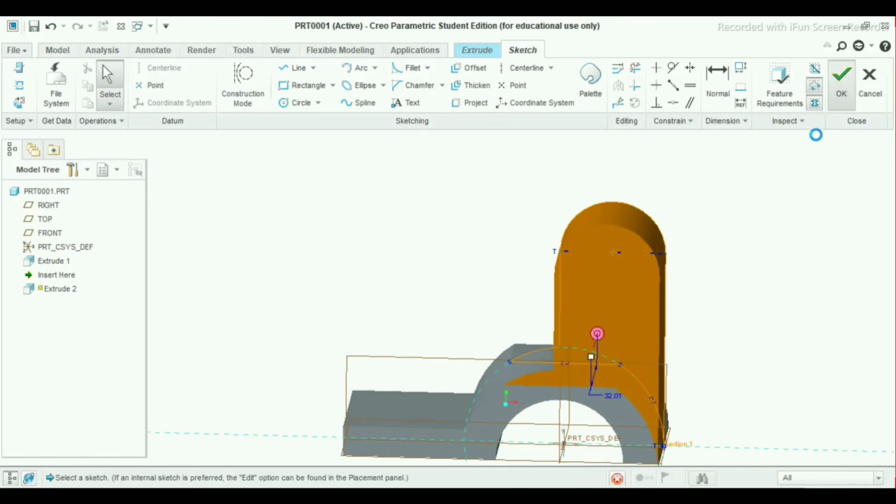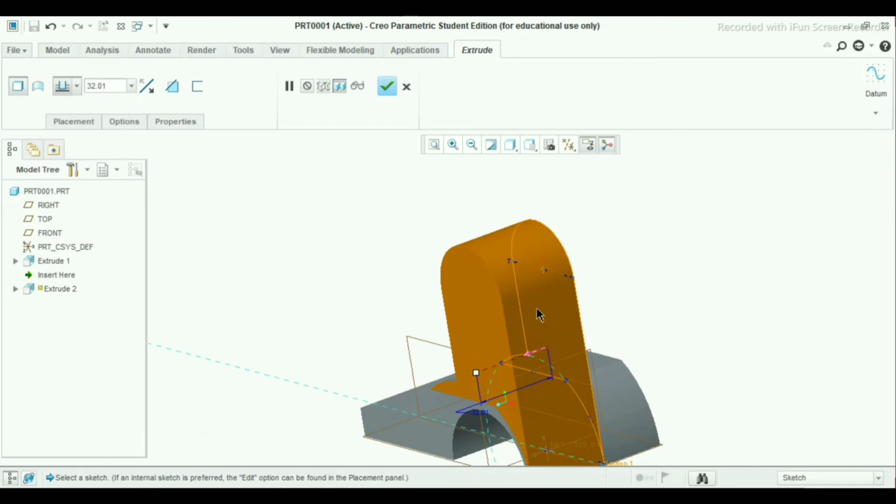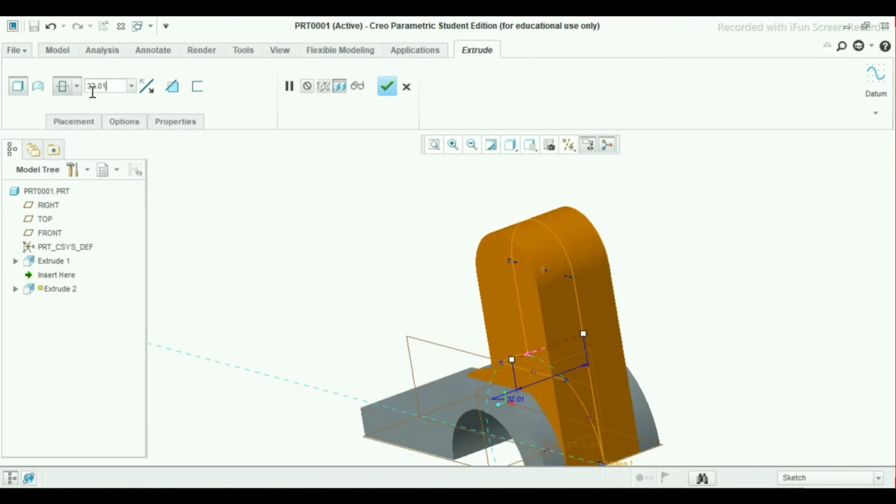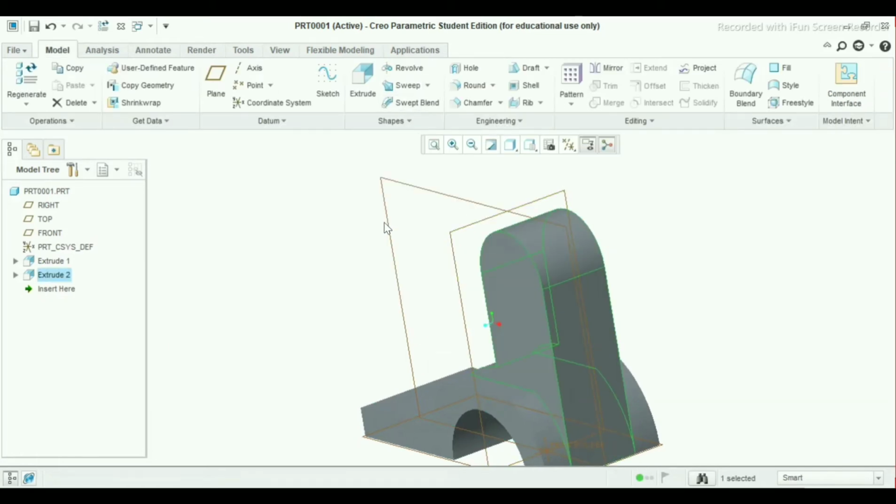So click OK. Sorry, it takes time for it. Now the thickness for this will be 28 mm. Okay.